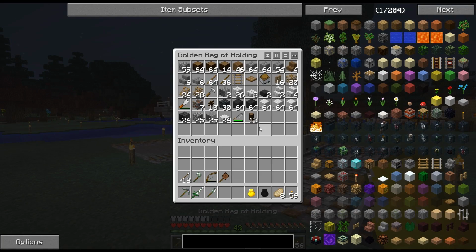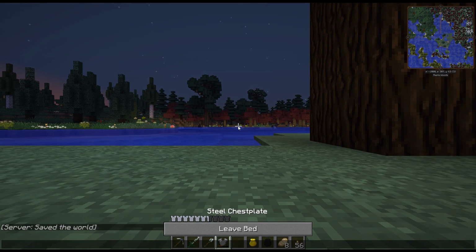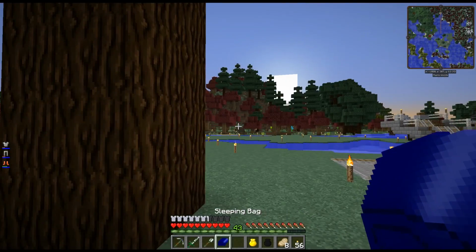This is my project bag right here. But you know what? I don't want to risk it right now, so we're going to sleep just a second. Make sure nothing jumps me here. There's so many creeper holes, guys. That's why I always have...